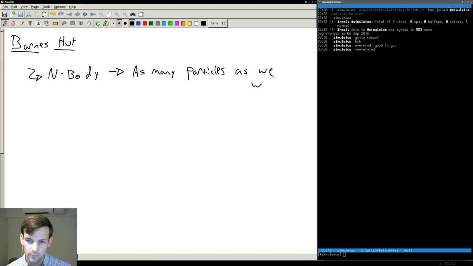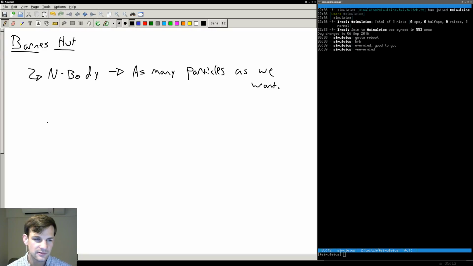Okay, so what does that mean? Well, it means that we use some sort of trick, this time half numerical, half physical, in order to allow us to use more particles than we typically could in an ordinary simulation. What do I mean by that? I mean that our computer is limited in space for a number of reasons. We've got a limited amount of memory, we've got a limited amount of processing power, and if we did millions upon millions of particles without using some sort of numerical trick, it'd take a long time to run. Here, it takes significantly less time to run. In fact, if we talk about scaling,